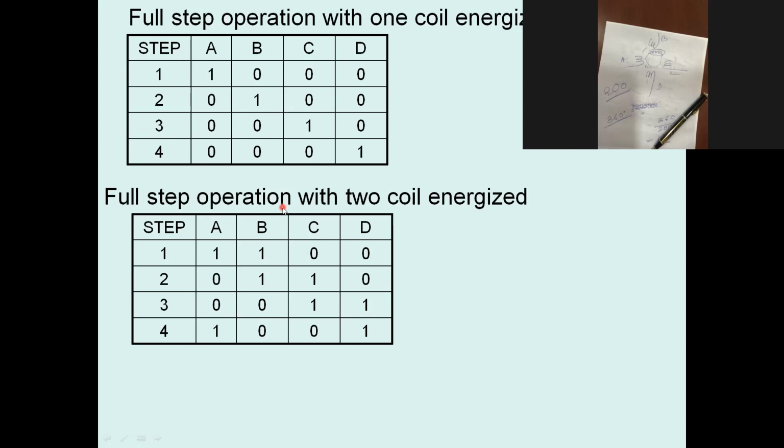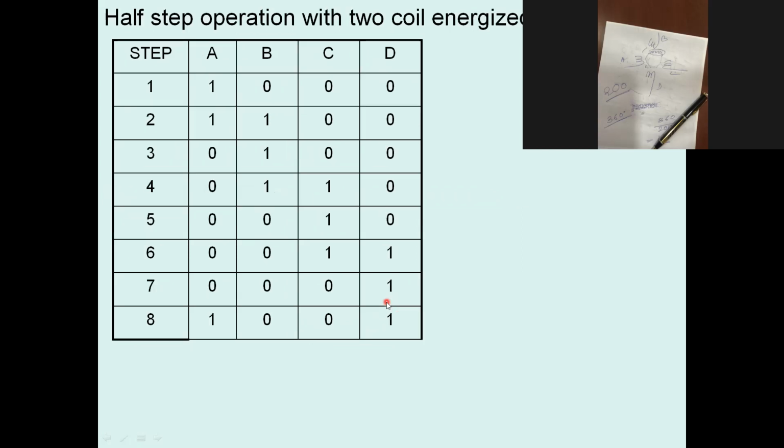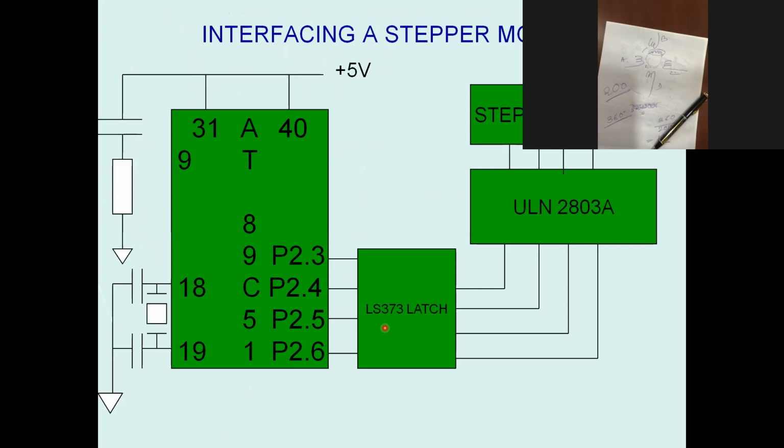To increase the acceleration, we sometimes do first one coil, then two coil, then again one coil, then two coil, something like that. In the third, we will explain to you. First one coil, then two coil, then one coil, then two coil. Is it clear? Yes, sir. In this way, we can do also. Is it clear? Yes, sir. Next,